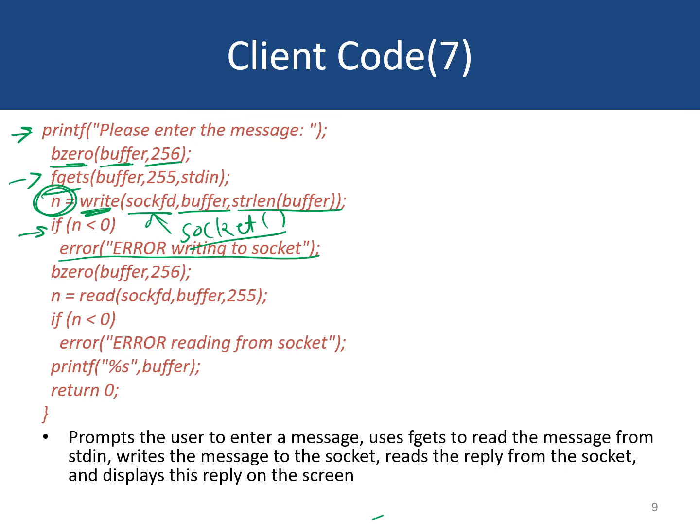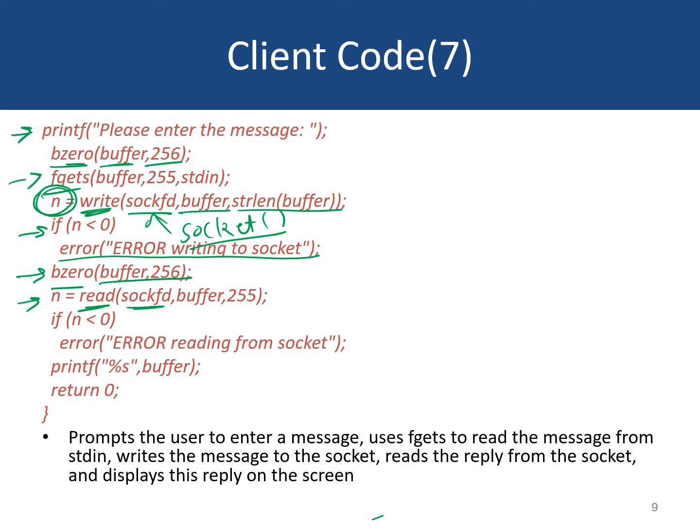So now recall from our demo, the client will wait for an acknowledgement from the server machine. To receive that acknowledgement, again we use this bzero function to clear out the buffer, and then we make this read function call to read the acknowledgement from the server on the socket. Recall this read is a blocking call, so it will block the client until there is something to read on the socket. Again, there are three parameters here.